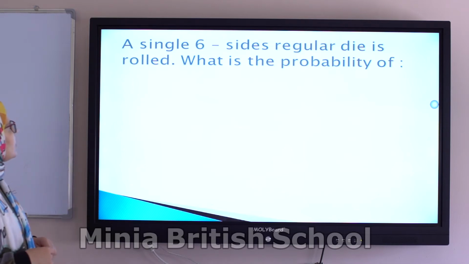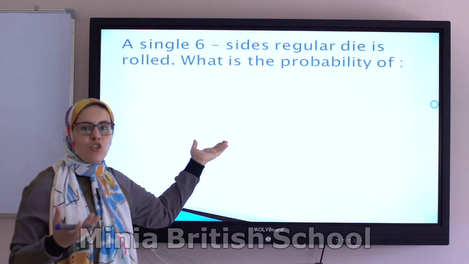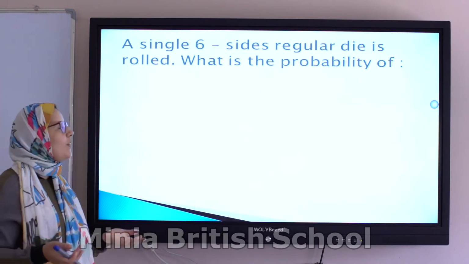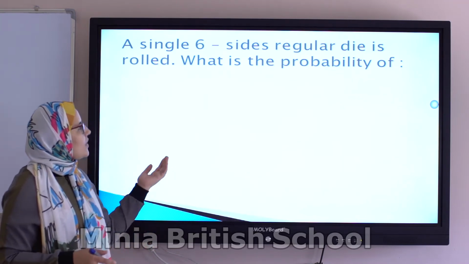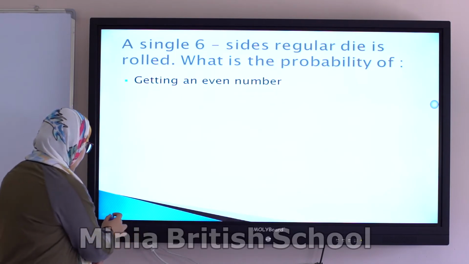A single 6-sided regular die. What is the meaning of this? Here we have a die. Okay? All of you know what is the meaning of die. Is rolled. I rolled this die. What is the probability of? The first probability here,